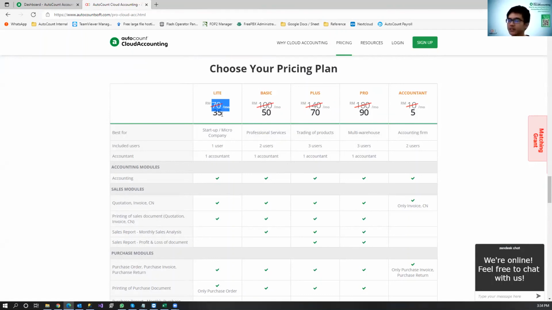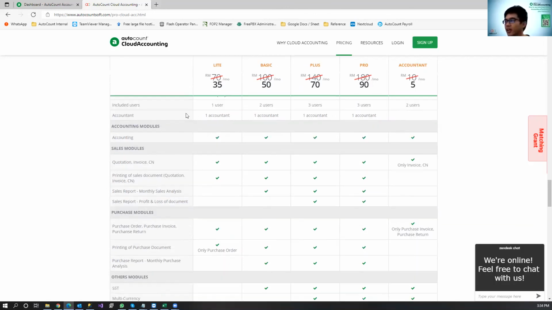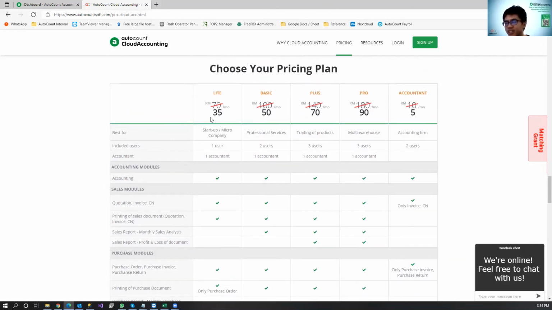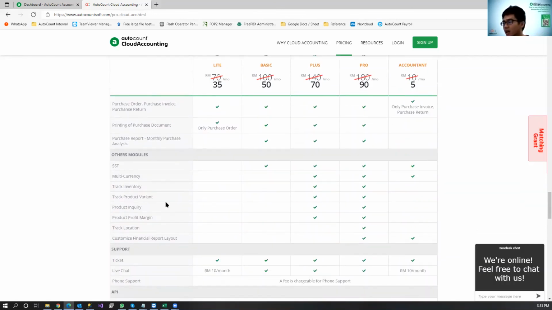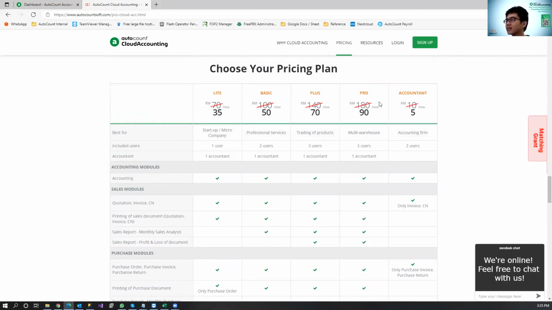But now, because this is something new that we hope to let you try on, if you feel good, this is a promotion for you. So you can look at which package you actually need. There is some description of what is provided in each plan. For example, in accounting, you can do invoices, reports, SST, multi-location. So these are the plans that we have for you, and from here you can know the price and everything.